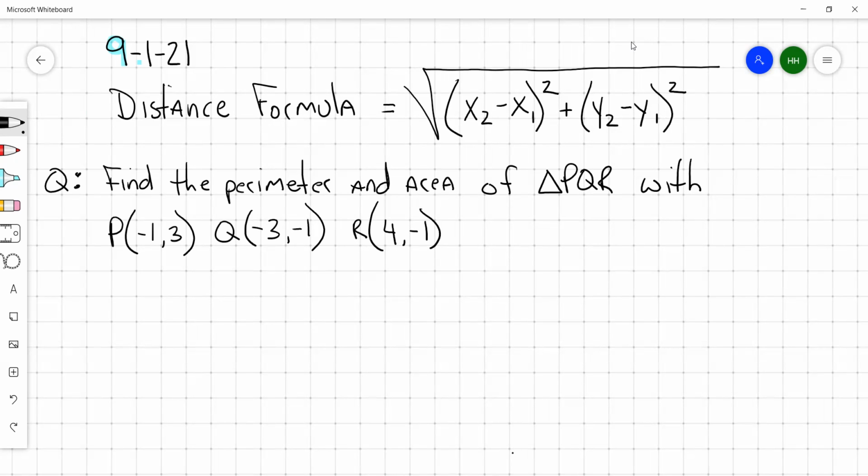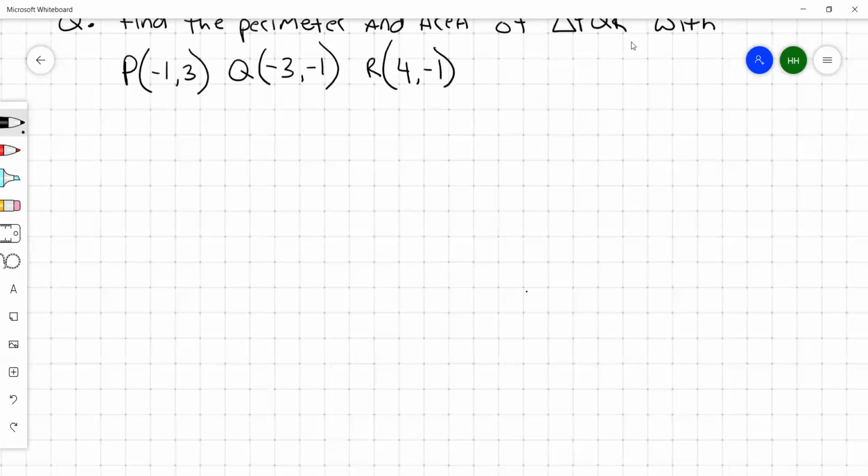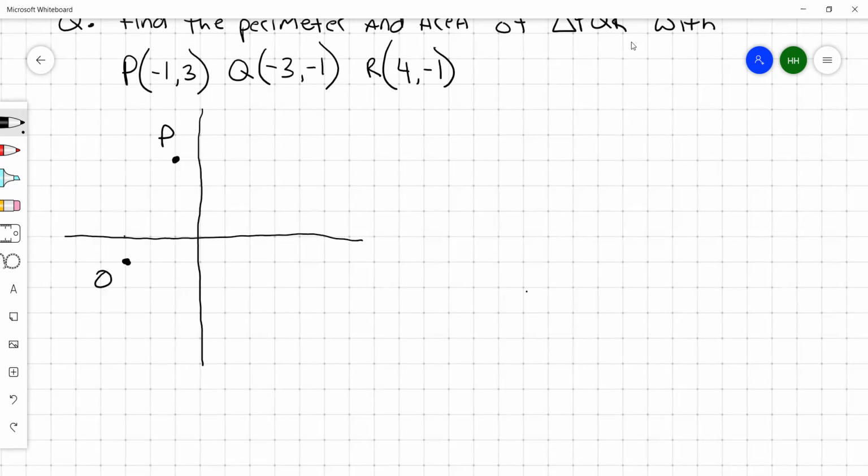The first thing that you're going to want to do is graph this triangle so you get a better look at it. So P is at negative 1, 3. Here's point P right here. Q is at negative 3, negative 1. There's Q. And R is at 4, negative 1. And then if you connect the dots,